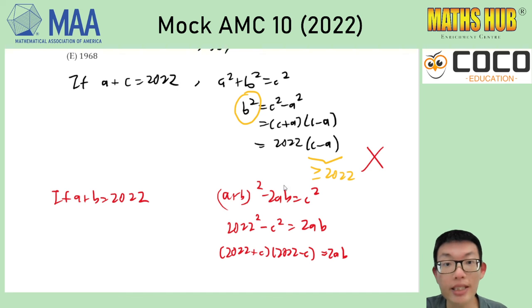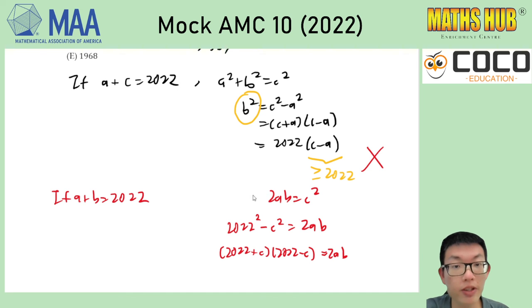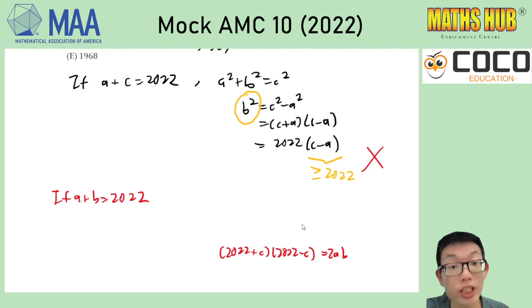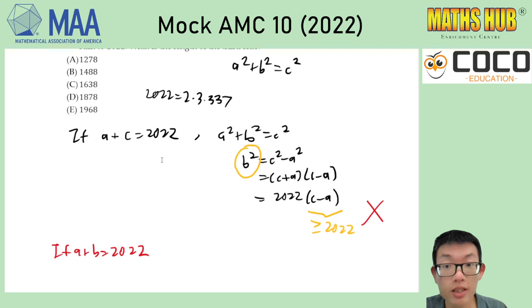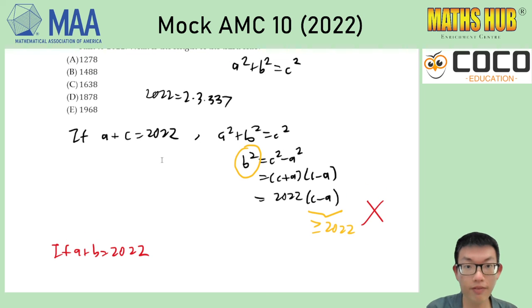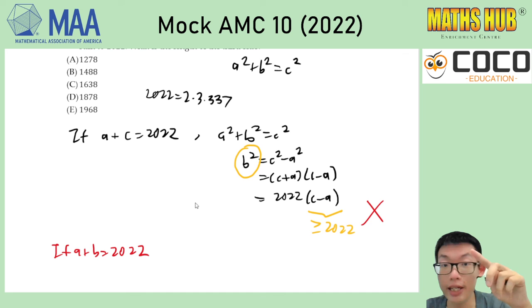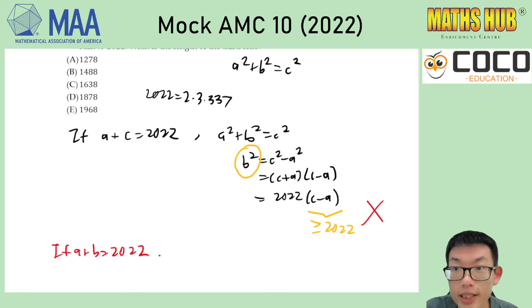So we're going to do it slightly differently, right? And I'm going to just make a few obvious statements first, or obvious-ish statements, to make the computation a little bit less complicated. I don't want to deal with 2022 the whole time. So the first thing I'm going to say is that if a and b sum to 2022, I need both of them to be even. Now, if you've noticed, no Pythagorean triple has odd and odd. And the reason is that, firstly, if a and b are both odd,